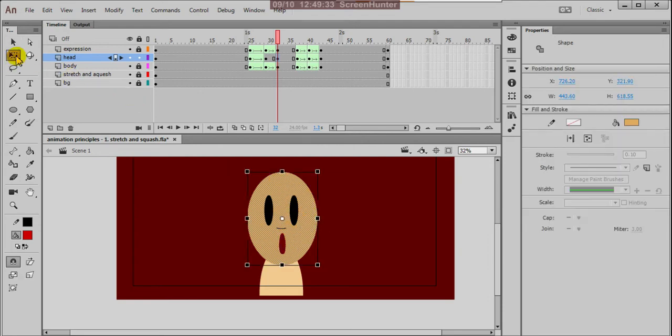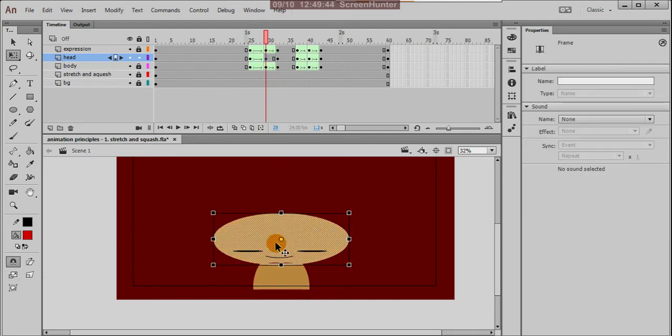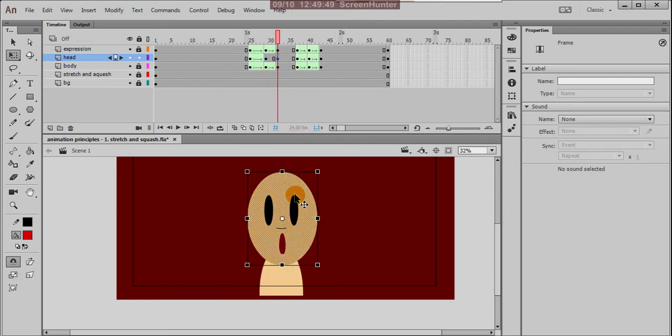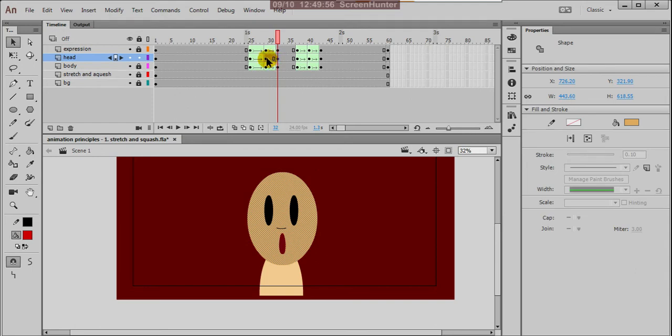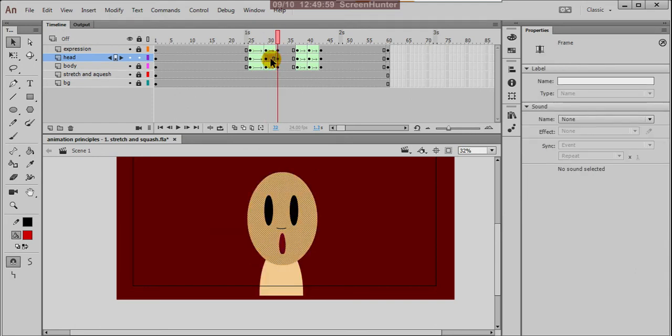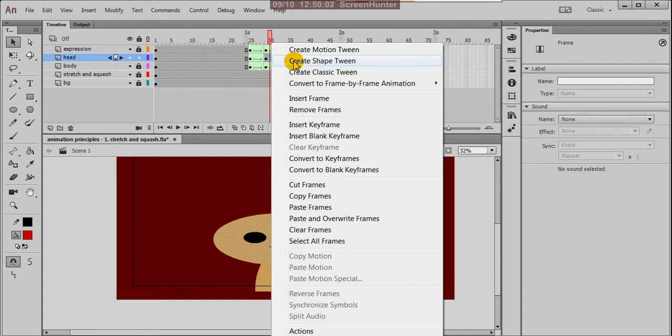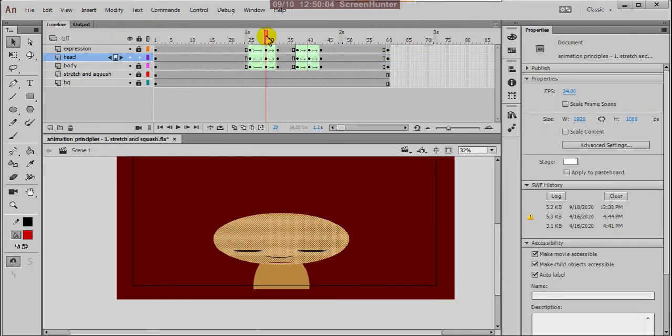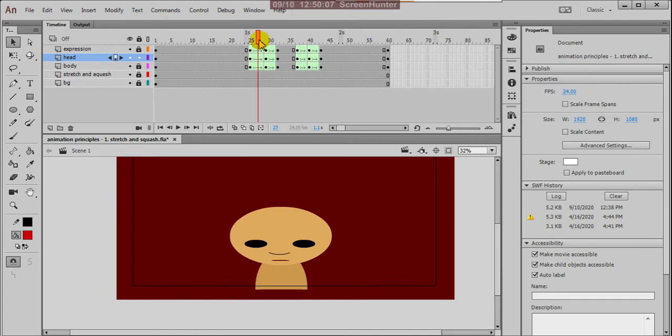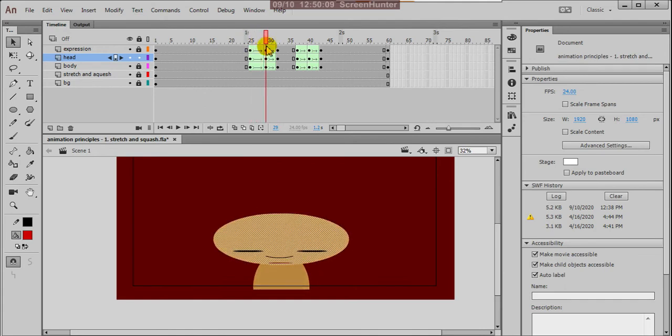By adding this, you can extend this head vertically. So in the before keyframe we extended horizontally, but here we did it vertically, right, by the free transform tool, by pressing Q. Yes, now between this and this, we just applied the create shape tween. Because of that the other frames are added into the animation.